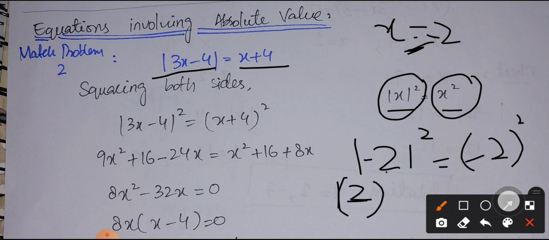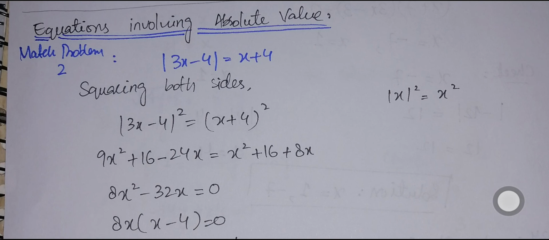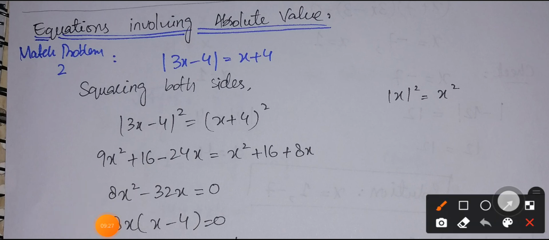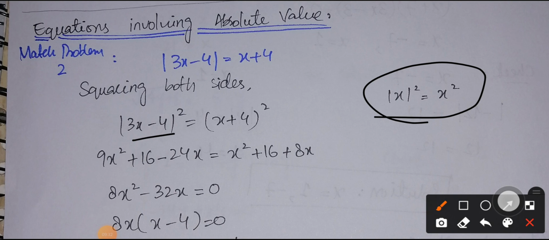whole power 2, and minus 2 square is a positive number, that is 4, and 2 square is equal to 4, so 4 is equal to 4. So that's why absolute value x square is equal to x square. So we will take square on both sides, apply the formula a minus b whole square and a plus b whole square over here. Simplifying the equation, we get 8x square minus 32x is equal to 0, which is a